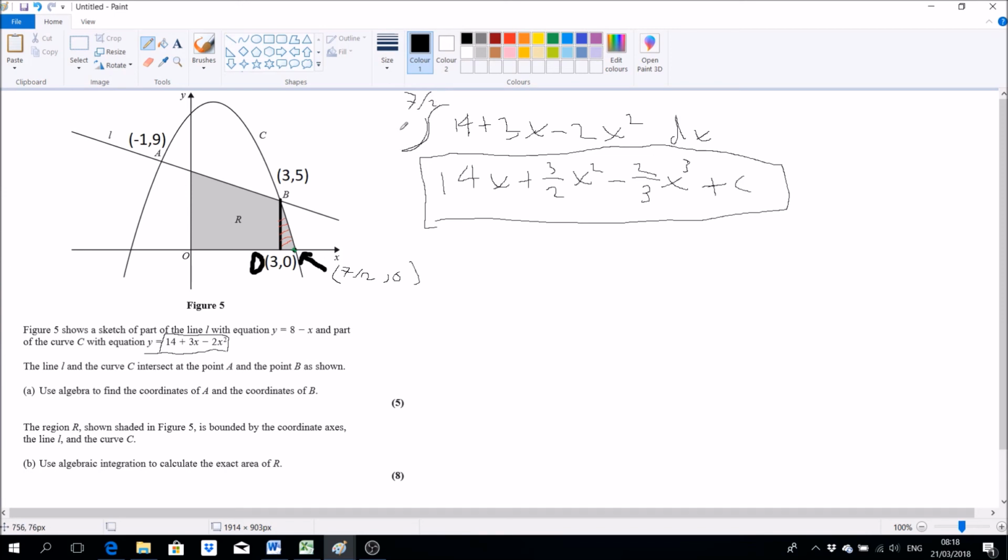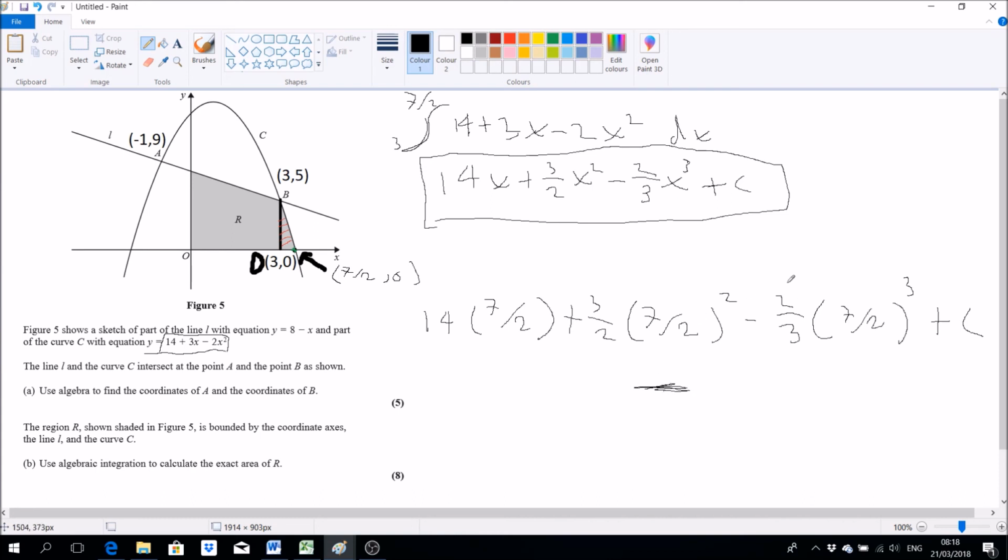So 7 over 2 and 3. So to calculate the red area, we do 14 multiplied by 7 over 2 plus 3 over 2 multiplied by 7 over 2 squared minus 2 over 3 multiplied by 7 over 2 cubed plus c,